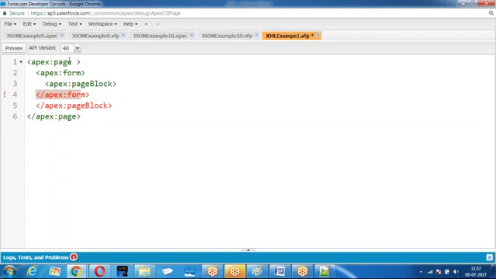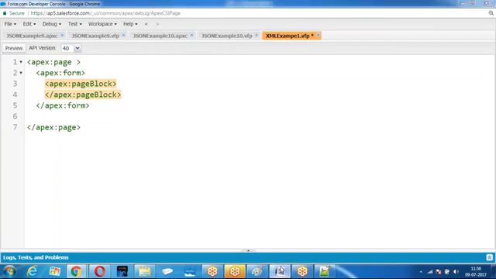So when you say page form, the inner element should be closed first, followed by the outer element. So every node should have the corresponding closing node, it is case sensitive, and they should be ordered properly. The inner element should be closed first, followed by the outer element.